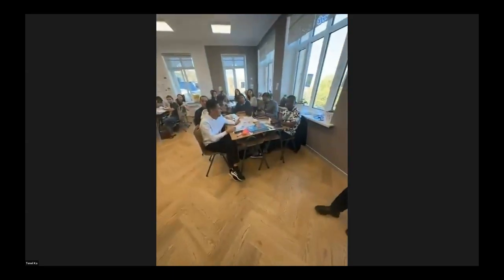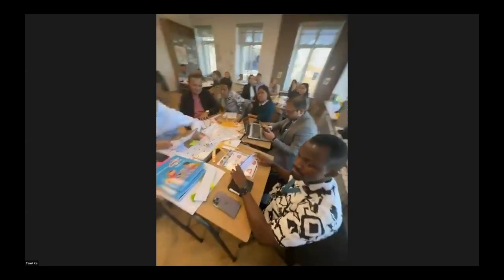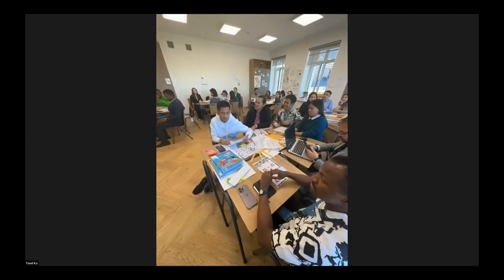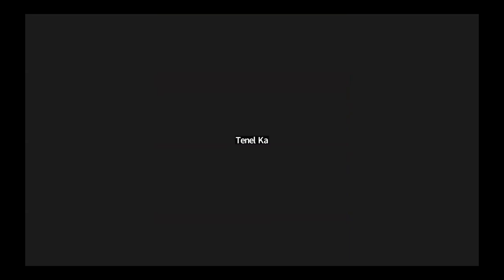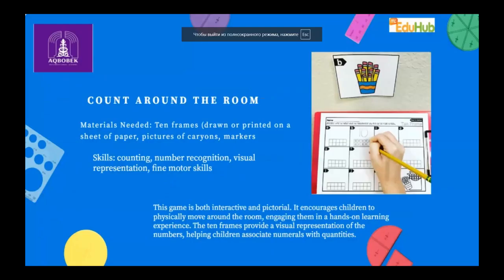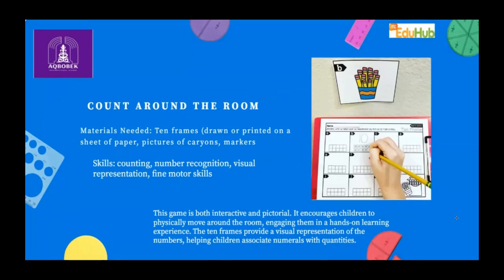Yes. Okay. Now this is a concrete activity. Okay. Now let's play the next game. The next game is called Go Around the Room. So you can find these ten frames, and on the wall you can find pictures with pencils. Yes. Colorful pencils. Okay. Now you should